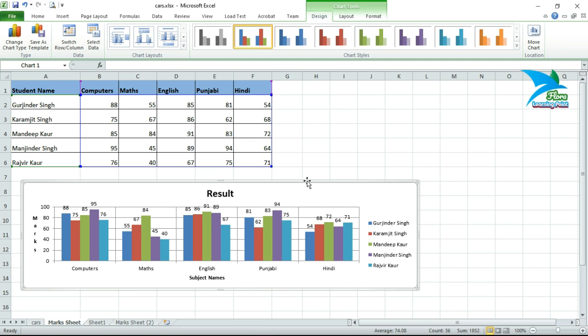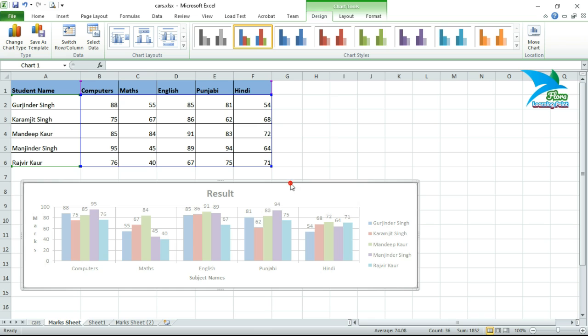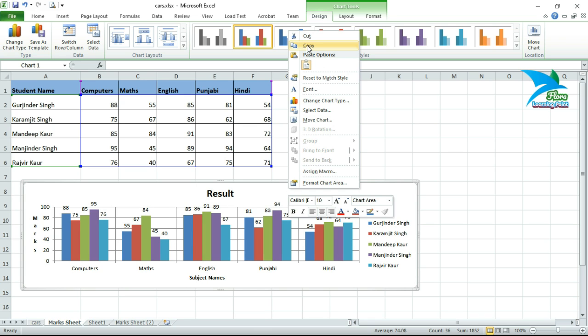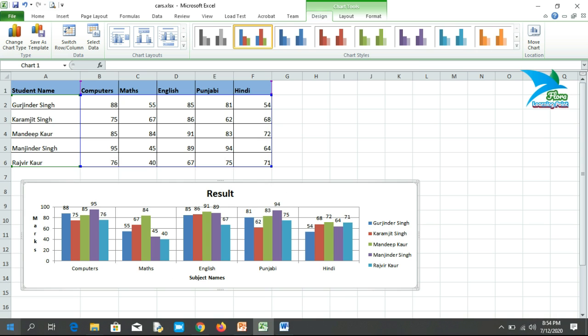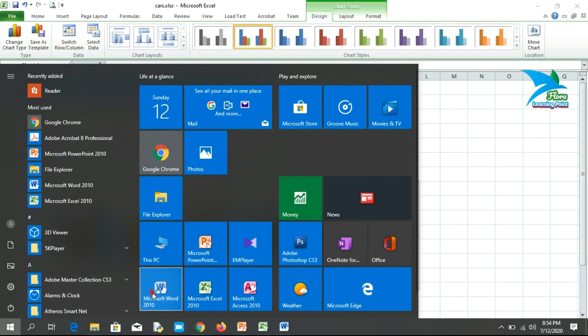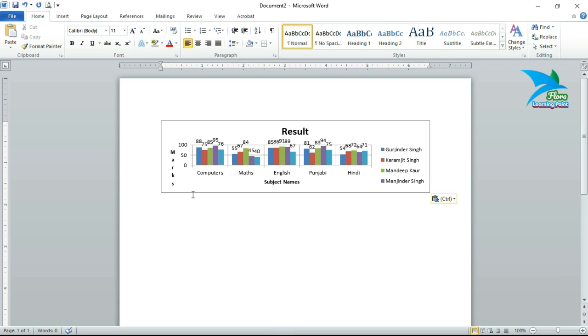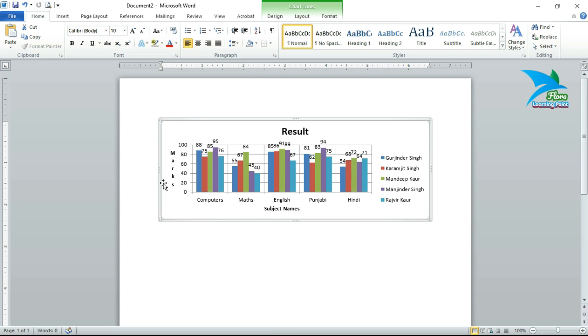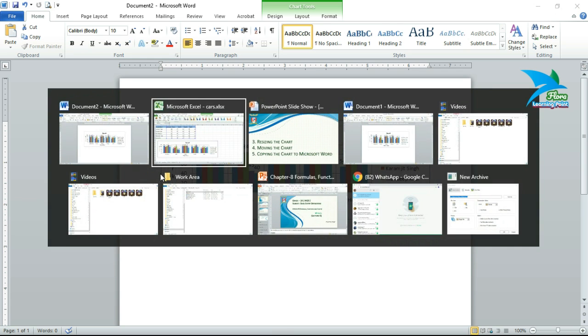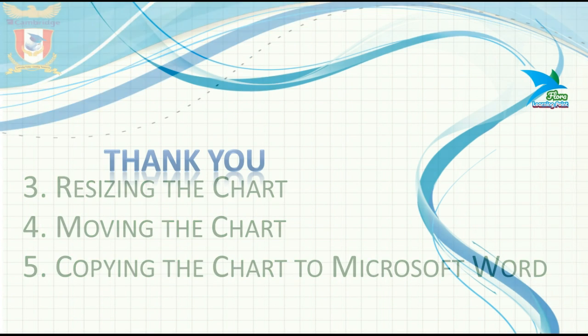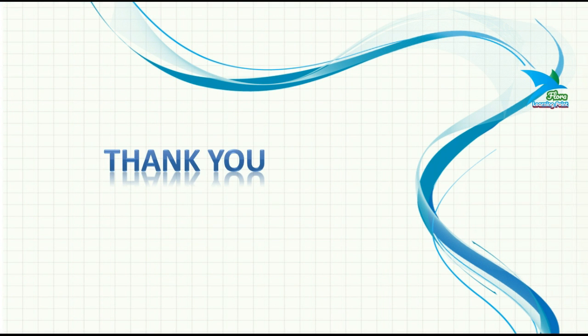And if you want to copy this chart to an MS Word document, then just right click on the chart, then copy, and open MS Word, right click and paste here. Now you can see the chart is here. You will be able to resize this one also, and format this chart also. So that is the way how we can resize, move or copy a chart to MS Word.